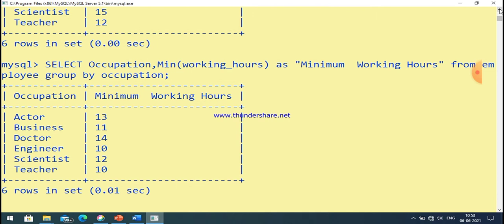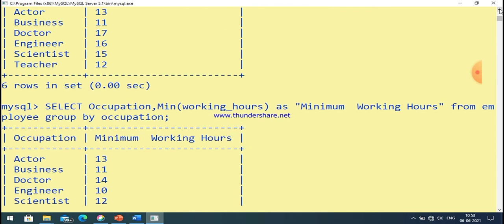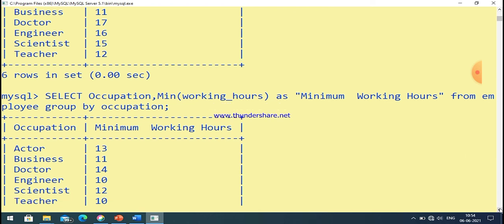You can see the result here. The first one is for the maximum value and the second one is for the minimum value. For actor and business, the values are single, that's why the minimum and maximum values are the same. But in the case of doctor, engineer, scientist, there is more than one value, so the minimum or maximum value will be calculated accordingly.